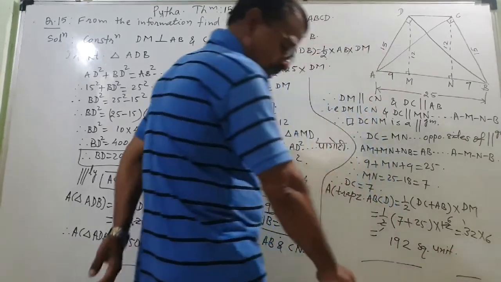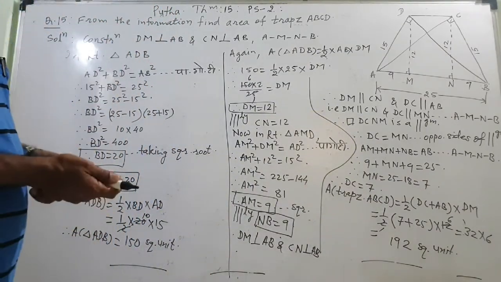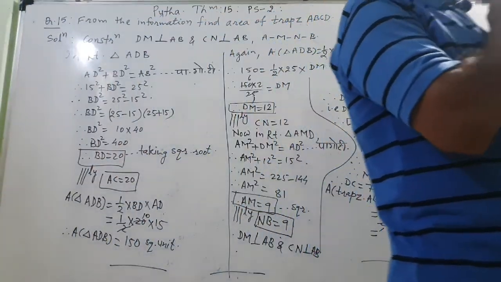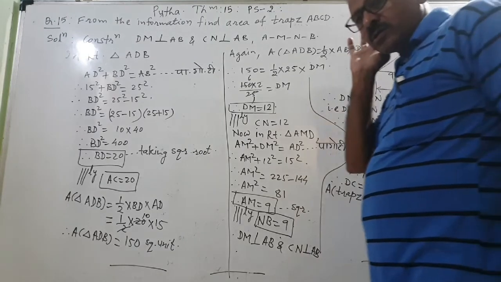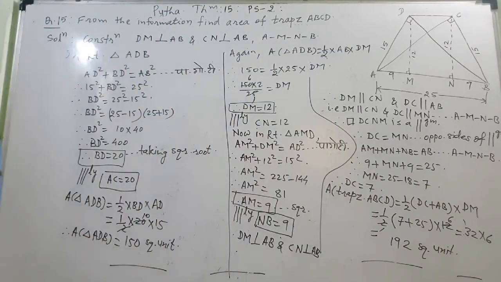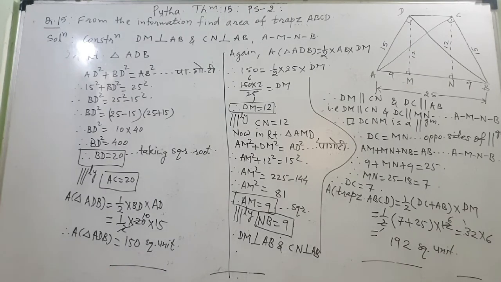So this is all in this question, and here we close this exercise problem set. Afterwards we will start with another lesson, that is the arithmetic progressions that we have completed a lot, but the videos we have not prepared. That's why we will start with making the videos. Remaining sums from the problem set you will solve yourself, because all are the basic questions, remaining questions, the most difficult questions we have taken by then.